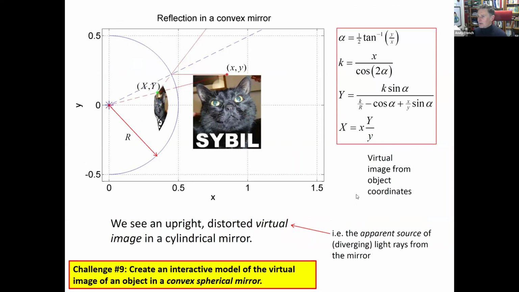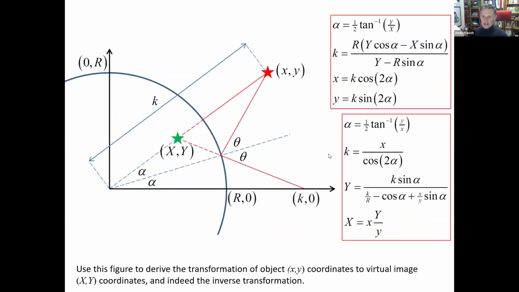You probably have an app, and you might have some sort of lookup table. Is it a convex mirror? Is it a concave mirror? Is it a lens? And so on. You could have a general purpose optics workbench for that. So that's the meat of the challenge.